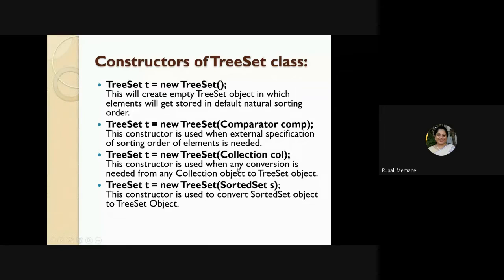I can create a TreeSet from a previously existing ArrayList, LinkedList, HashSet, Vector, any of them. So a basic collection which you already have, you can insert it in the TreeSet, right? There I pass in the parenthesis your collection, the object of it will be col. So you pass the Collection class and the object of it. Or you can create a TreeSet with a SortedSet. Now SortedSet also is a collection wherein all the elements are sorted. So these are the 4 constructors with which you can create a TreeSet class.